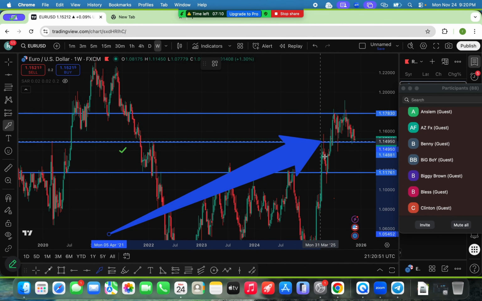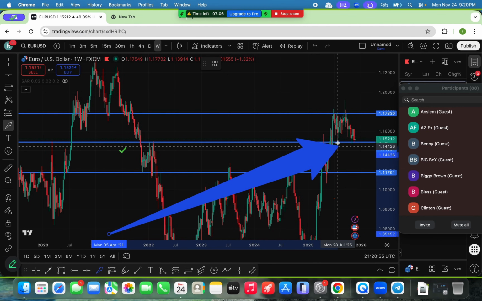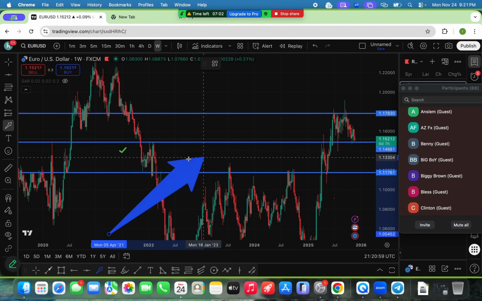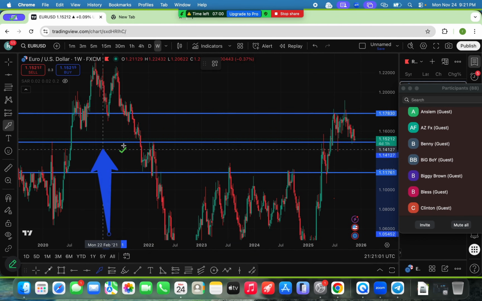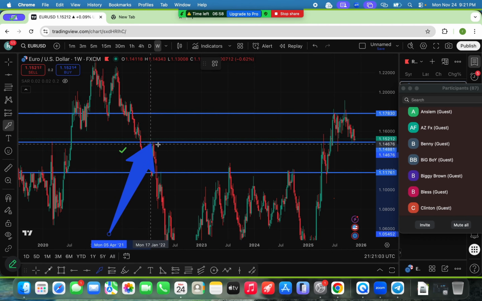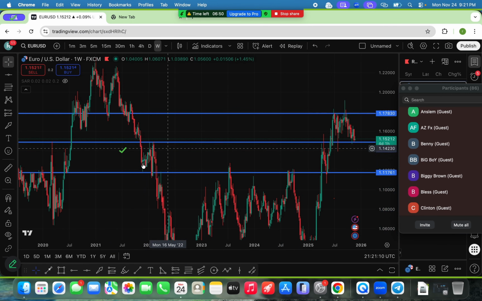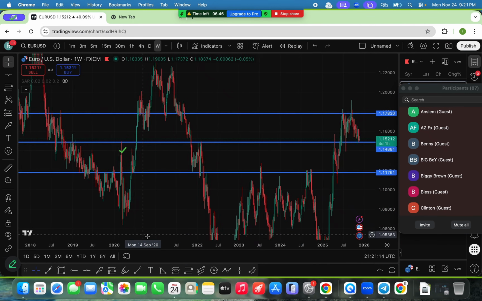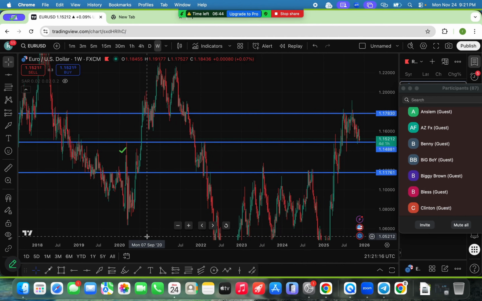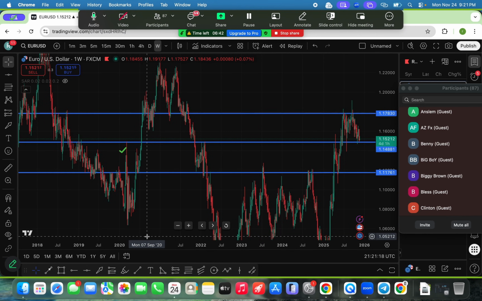You can see the wick it gave. We got a break, we got price touching here, you can see the wick moving upwards. Now price is there again. So this level is a level price won't just pass through. It has to do something. So that's why I picked that level. They are just levels. Price won't just pass through them. Price will just react. Either it will find it very difficult to break, or it will break and come back to retest it.